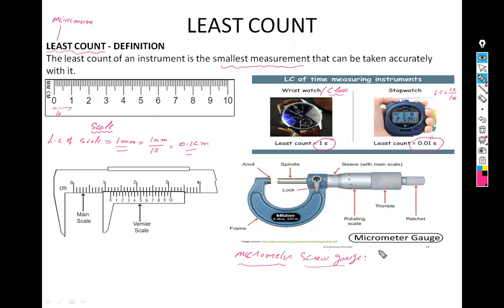If you divide 1 millimeter, which we cannot see easily. What is 1 millimeter? Look at this one: 0, 1, 2, 3, 4, 5, 6, 7, 8, 9, 10. You say this is 1 centimeter. And what is this from here to here? This is 1 millimeter. We cannot see it on the scale easily. If your eyesight is not up to the required standard, we cannot see 1 millimeter. But look at this one. If we divide 1 millimeter into 100 parts, look at this.